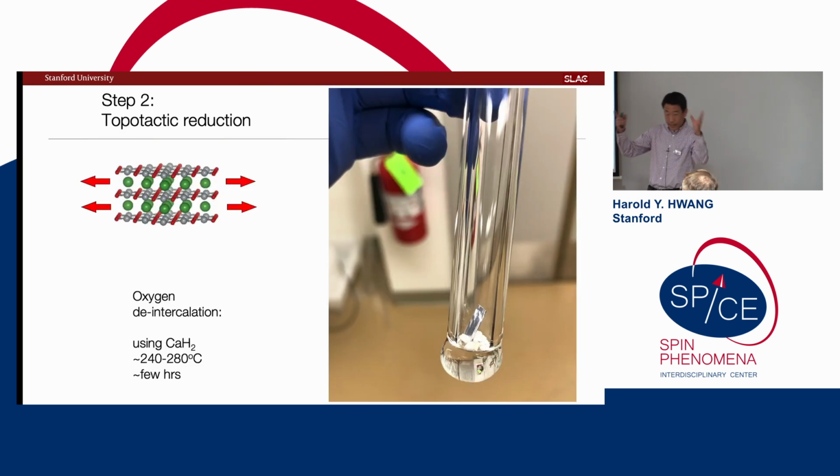And so that's kind of stainless steel, UHV, all that kind of business. The second step, this soft chemistry reduction, is rather cool and looks primitive, but it's very important. This is just a picture of how it looks. This is a little piece of our thin film sealed in vacuum in a glass tube, and these are calcium hydride pebbles for a reducing agent, right?